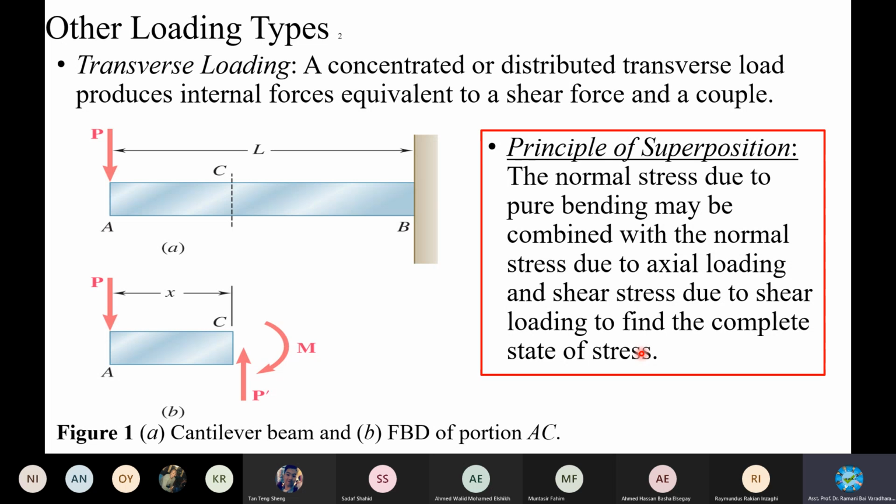Okay. Now I'm asking shear stress. Normal stress sigma is equal to. Later we go to shear stress. First do the normal stress. Normal stress sigma is equal to, in terms of couple, My over